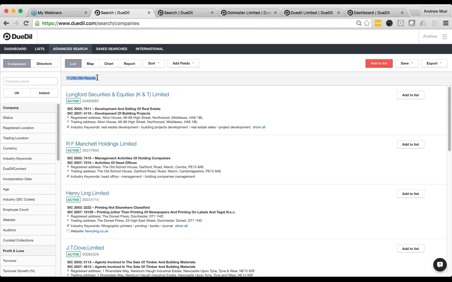If you compare that to something like LinkedIn, they only have 8% of that coverage, less than 200,000 companies for the UK. The reason we have this data is that we always look for the most trustworthy and scalable data sets, and we match them together on a big scale.